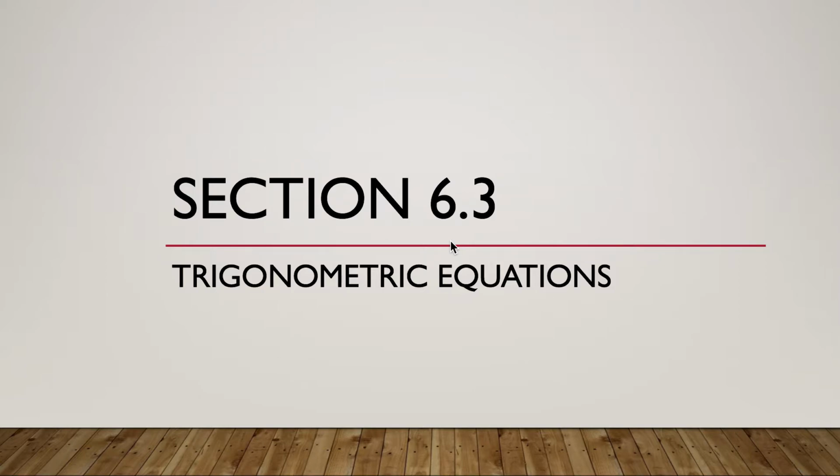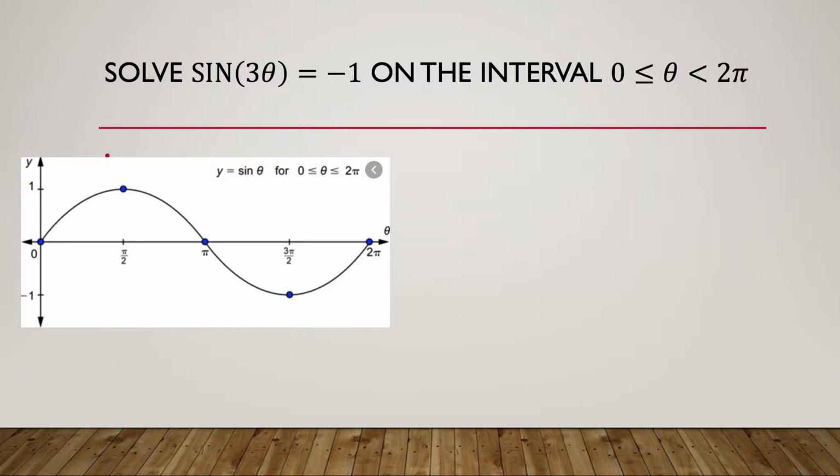Okay, so we're going to continue, and like I said, we're going to look at two additional examples for the trig equations. All right, so our first one is looking at the places where sine 3 theta is equal to -1. All right, so remember, like we said on the last example in the last presentation, that what we're really watching for on these problems would be a situation where there is something other than a theta